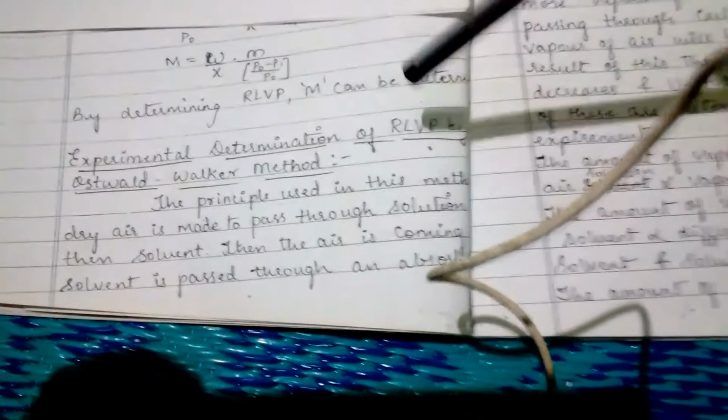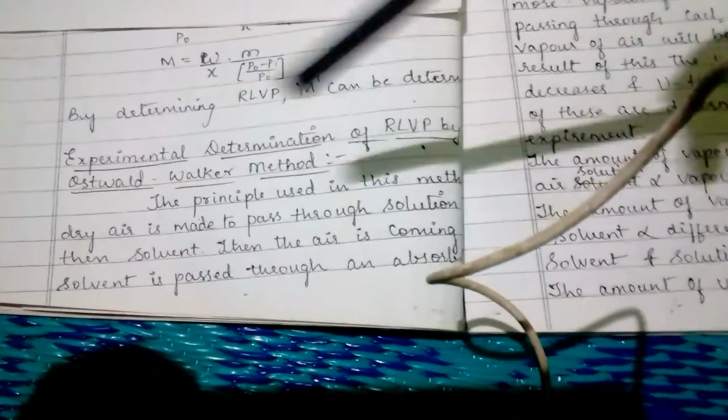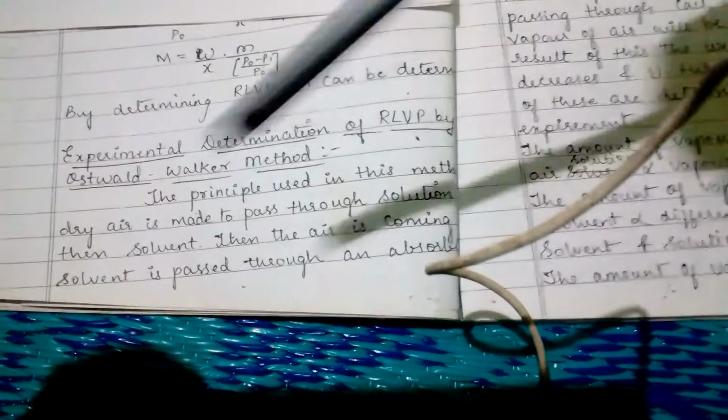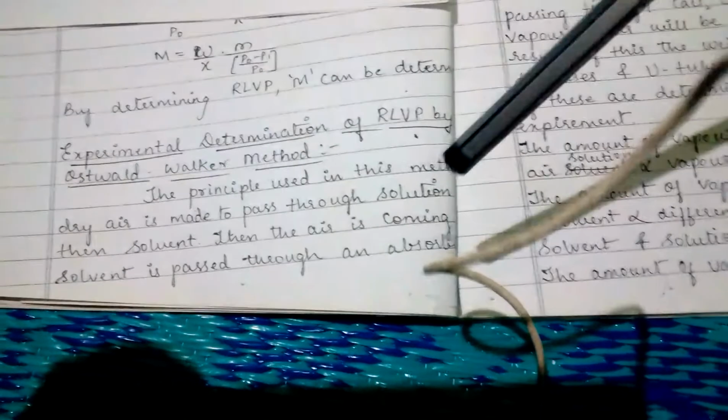Let us discuss a colligative property. In that, let us discuss the experimental determination of relative lowering of vapor pressure by Ostwald-Walker method. The principle used in this method: dry air is made to pass through the solution, then the solvent, then the air coming out from the solvent is passed through an absorbing